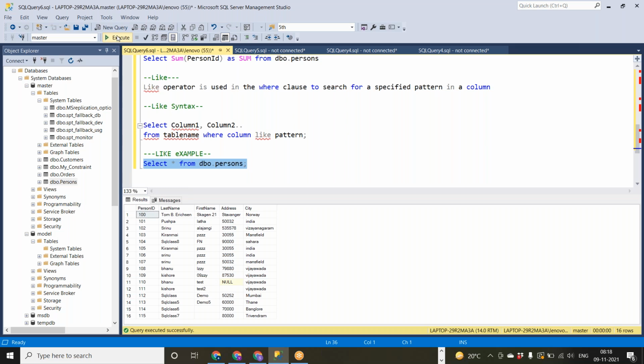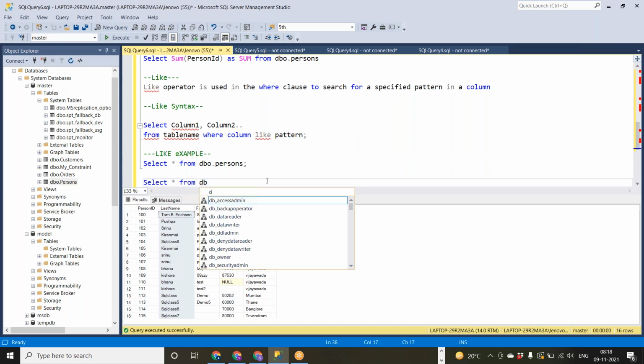Here I wanted to know, in the last name, whichever data is ending with I. So I will give it in this way.